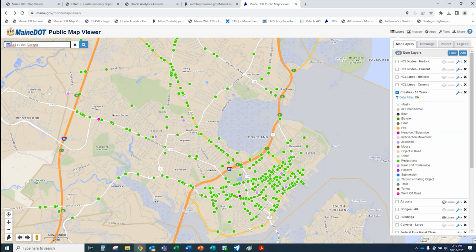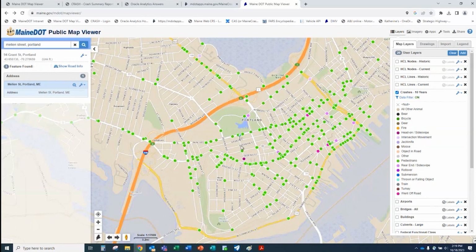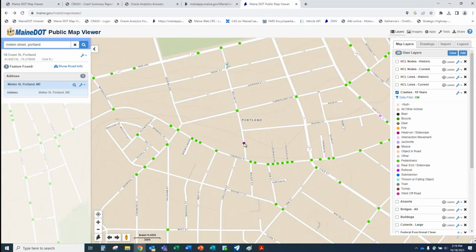And here's something else to show you folks too. You can zoom to a particular street. So I happened to be in here earlier doing this, and I know that there was one of these on Mellon Street. So you got to type out the word street or avenue or road or whatever it is. You can't just abbreviate it. Type in the town that it's in, and you can hit that search and it's going to take you right there. So, okay, so that's telling me that's Mellon Street right there. So I want to look at this particular crash right here.